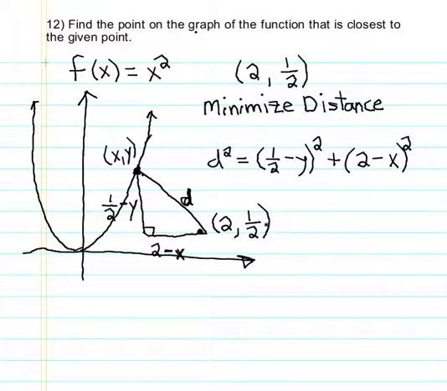Now before we try to optimize this problem, or minimize the distance by finding the derivative, we notice that we have two variables over here, and that would be very difficult to differentiate. So I'm going to come up with a secondary equation, which was actually given to us, f of x equals x squared, or y equals x squared, and substitute those values in for y so that I only have one variable. So I'm going to go down here, and I'm going to say that d squared